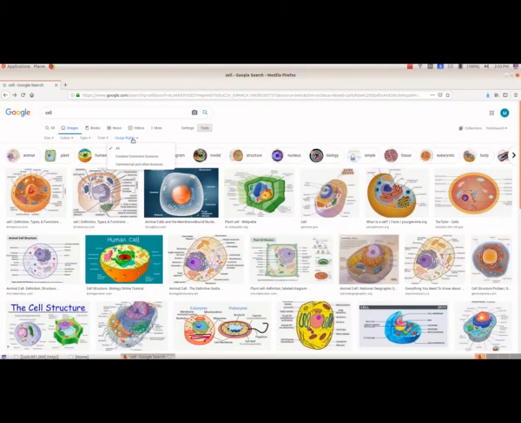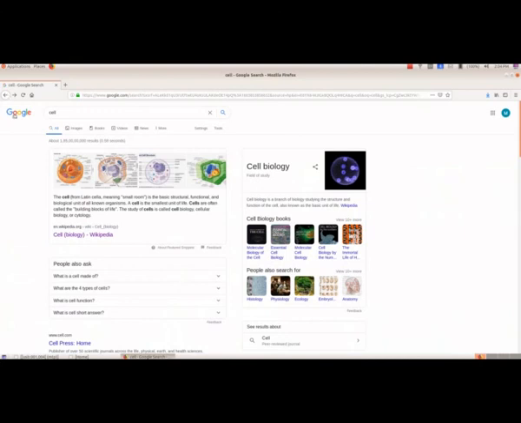But in some cases, we won't get it like this. We will get other options, and from those we have to select labeled for reuse with modification. That means we can access pictures which are free to use or modify. Only then do we select the picture and save it.